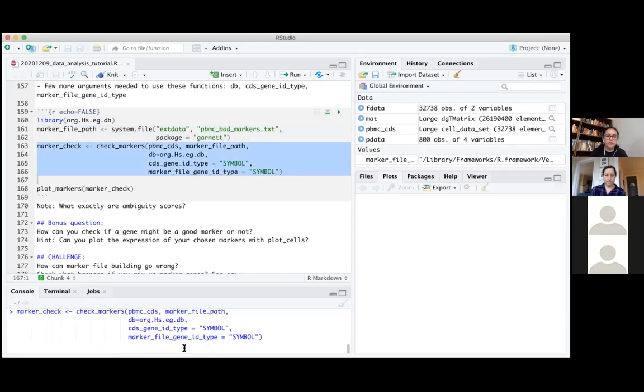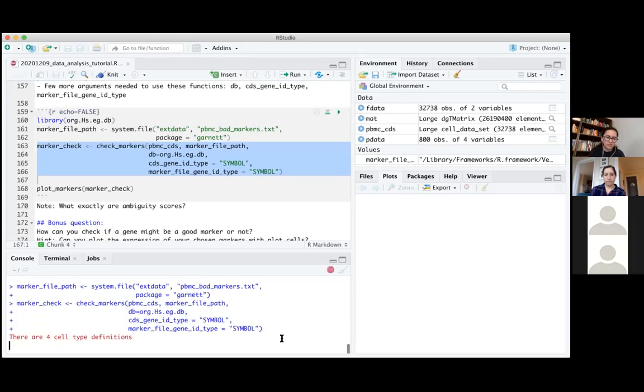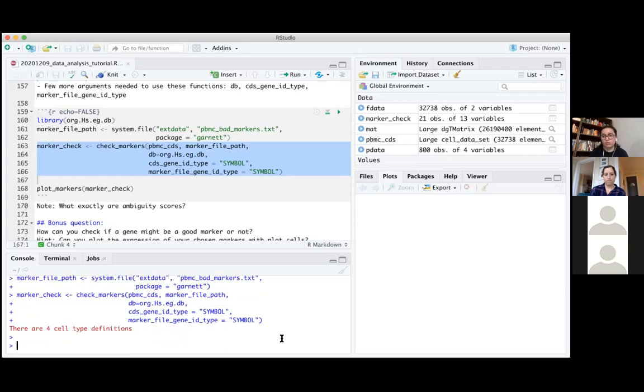So now I'm running the check markers function. The inputs for this function are my CDS, my marker file, and the database, and it's going to use the symbol for checking if the markers are good markers or not. That's because if you use ID, it just doesn't make any sense, and we don't really know what gene it is. So if I do a head of the marker check result,